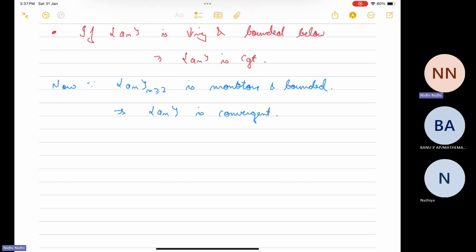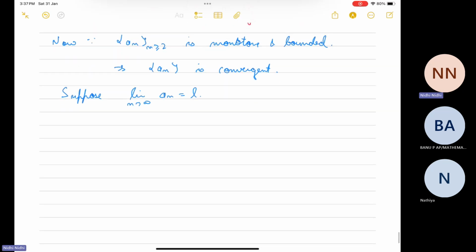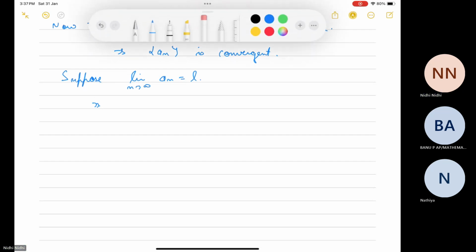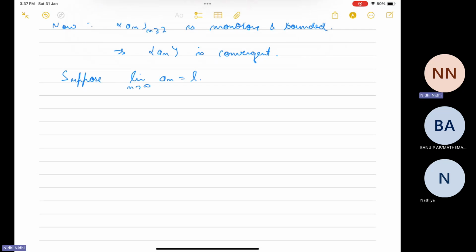Now the question is asking us to find the limit. Suppose it converges to some L. Suppose the limit as n tends to infinity of an is L. So by definition, since we have a(n+1) equal to 1 by 2 times (an plus 1 by an)